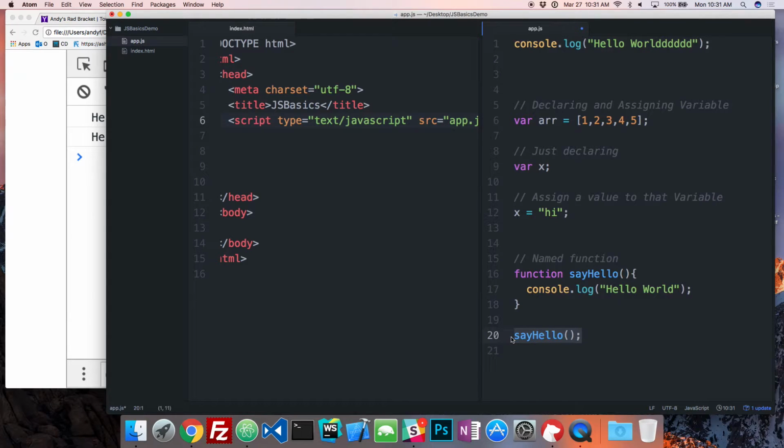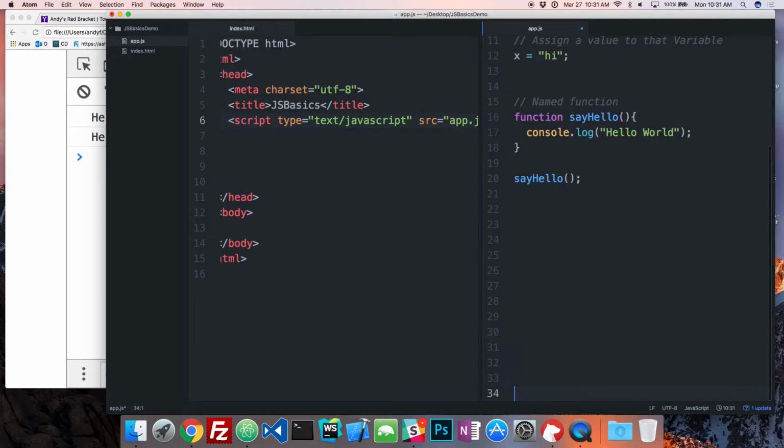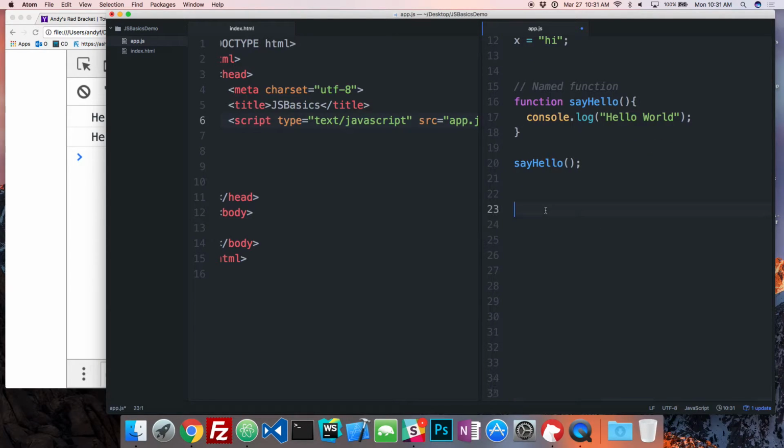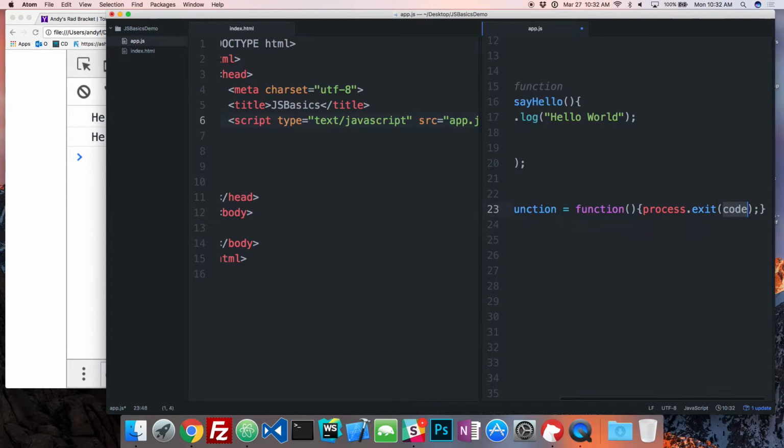You can make an anonymous function, which is a function that is saved somewhere else, like in a variable. Let's create a variable, say anonFunction. We're declaring it, and we're setting the variable equal to a function without a name, like that.